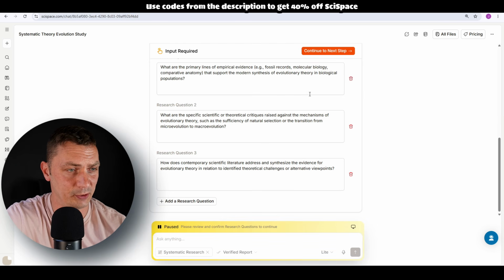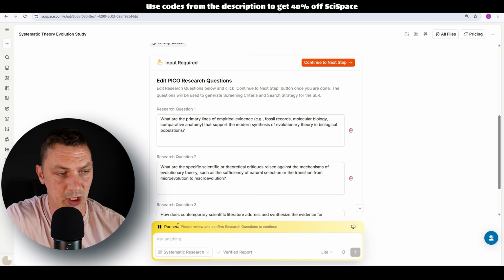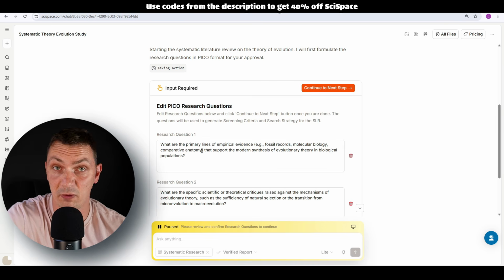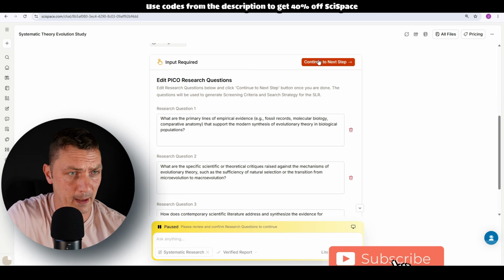So it will be asking me about research question, for example, which is what we can see now on our screen. So it paused the search and it's basically giving me these ideas. Again, you can refine it. You can have your own research question. I'm just going to click, I just agree to whatever it gives me, and continue to the next step.